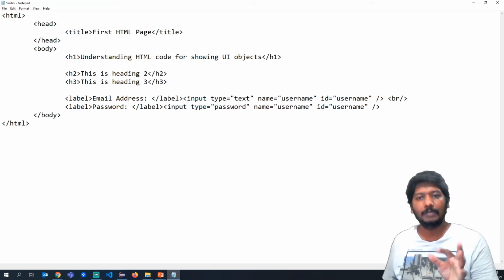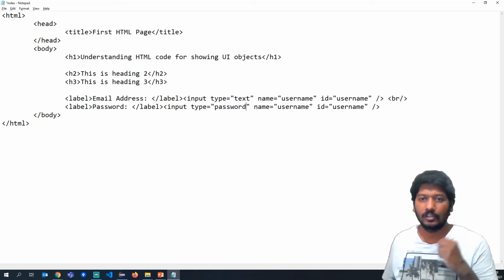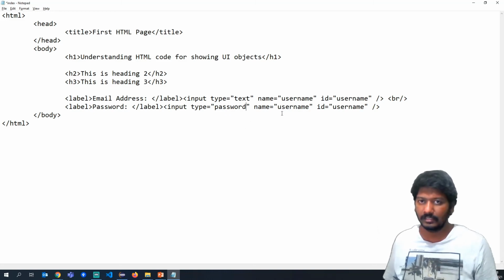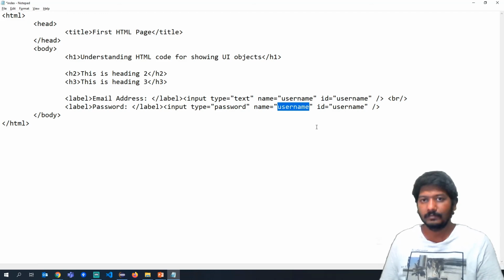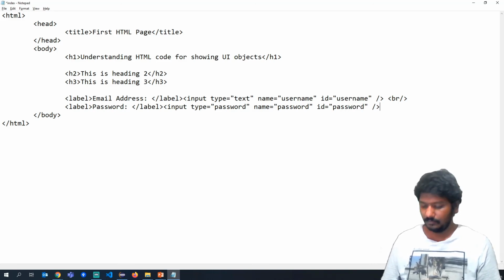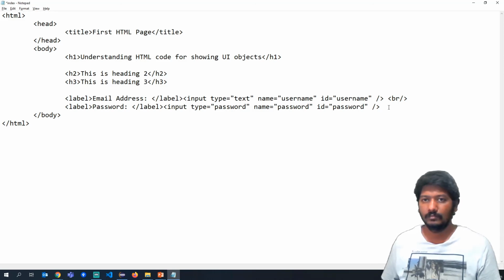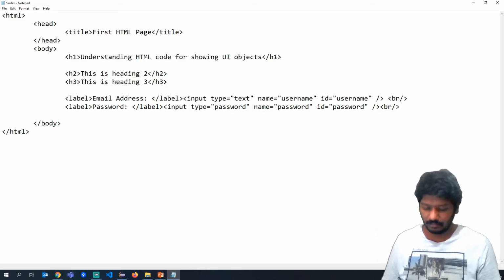Even if you type something, it shows either stars or dots based on your operating system and browser. And then I will give a different attribute for name, password, and then finally we want to have a button.